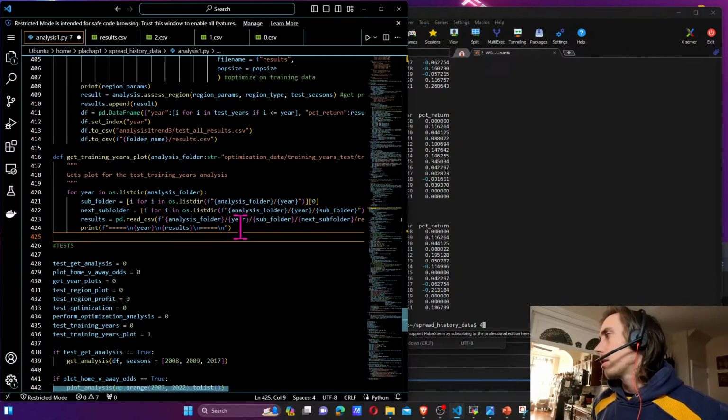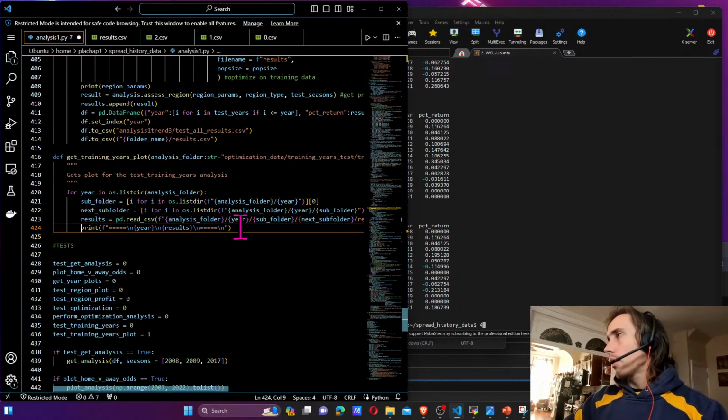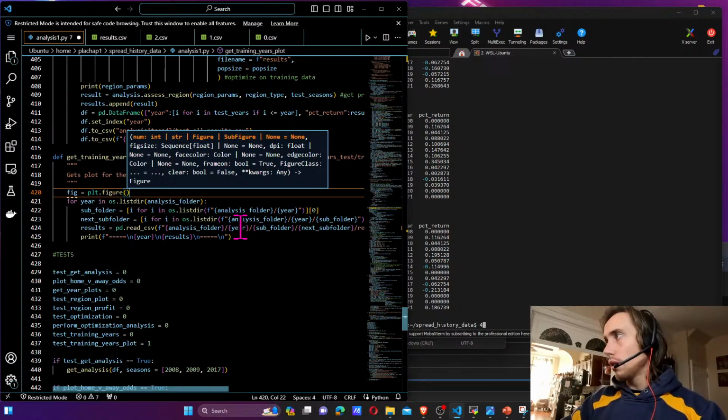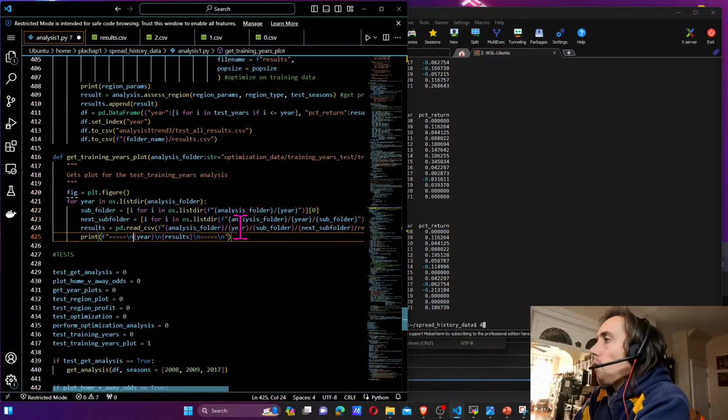Then we're gonna say plt dot. Okay, so first let's make a figure. Fig equals plt.figure, and I don't know what to make the fig size. Now for each year,